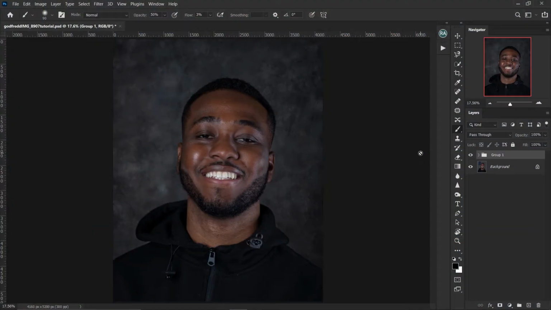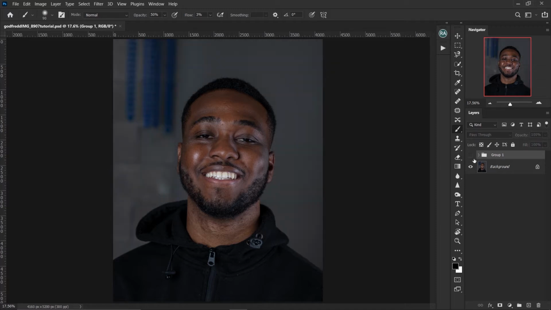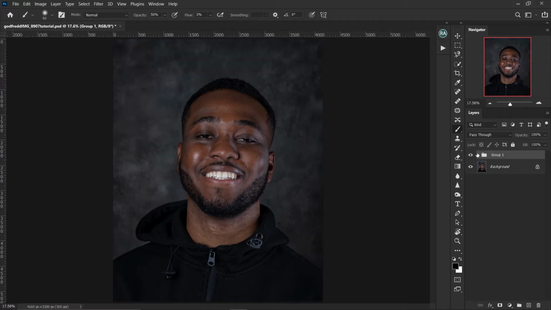So this is the image we are going to be working on today. As you can see, I have already changed the background. Let me show you the original image. This was the original image. Then I changed the background to this, and I removed some blemishes and just made the image look nice